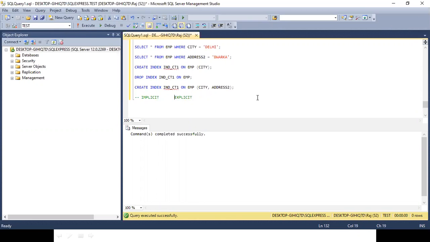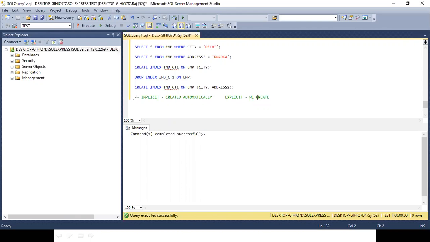Implicit is the one which is created automatically, and explicit are the ones which we create. The indexes which we have just created are examples of explicit indexes, as we are creating them. Implicit indexes are the ones which are automatically created.